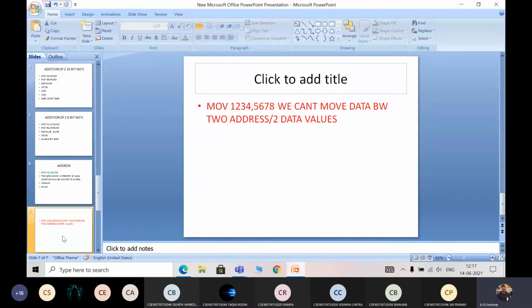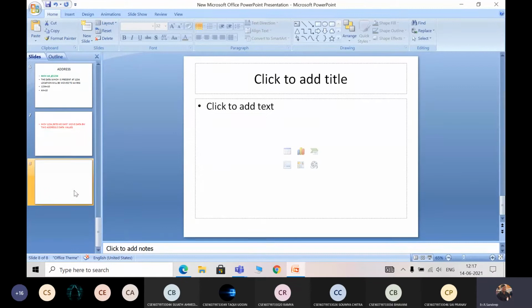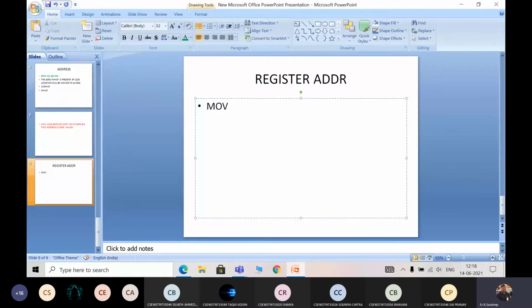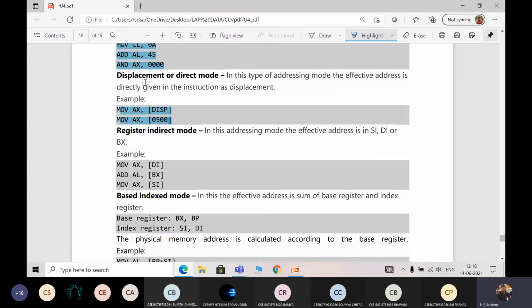Okay, and the register indirect addressing mode. It is very simple. So I'll tell you what a register indirect addressing mode is. We are placing the value in one of the registers. Try to understand the concept very clearly, because you need to explain each and every addressing mode with the help of an example. If you understand now, then it will be easy for you to write. So MOV AX, and within the square brackets I am writing BX. What is the meaning of this? AX and BX are two registers, as you can see in my example.